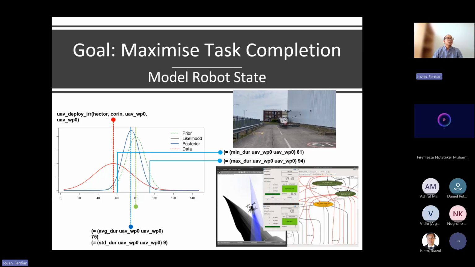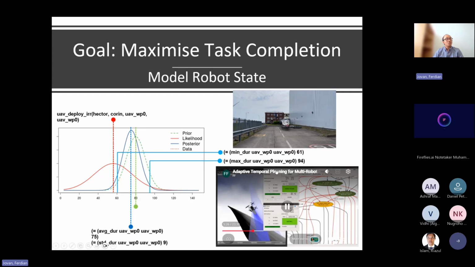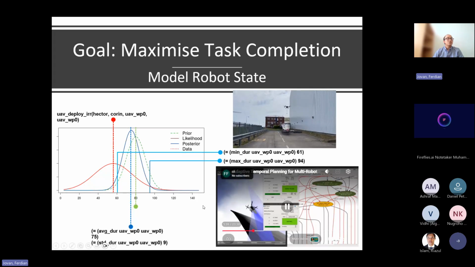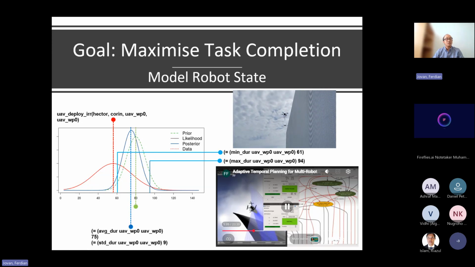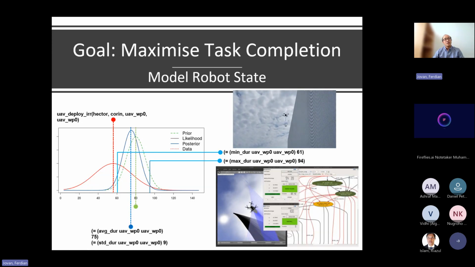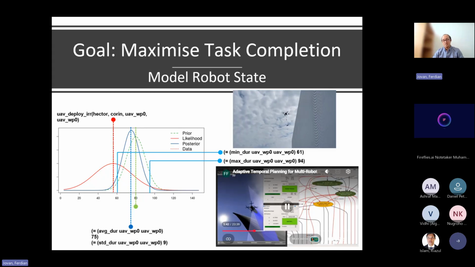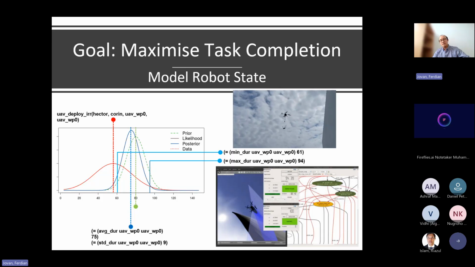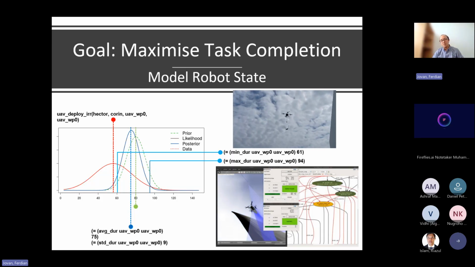So why we track the action duration over time is to influence the maximum expected duration for that action. So you have some leeway when something fails, without replanning everything, if that makes sense. By doing this, you optimize the number of task completions for each trip.